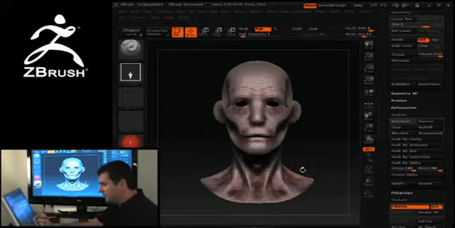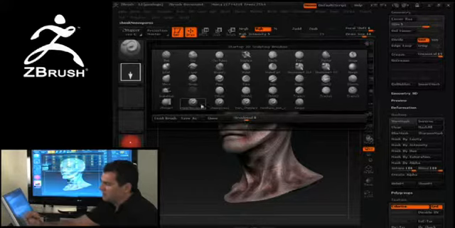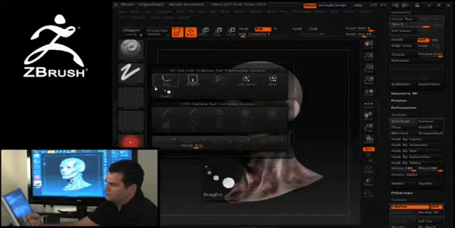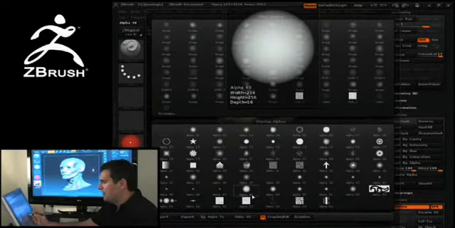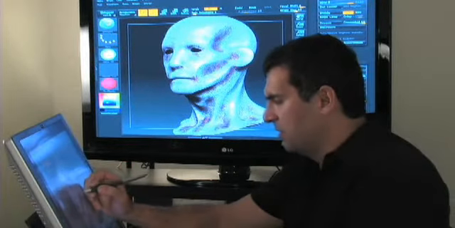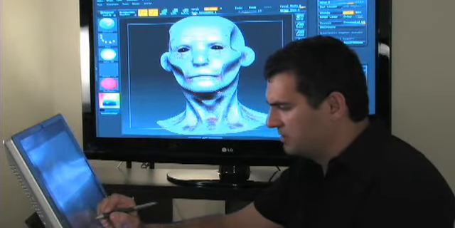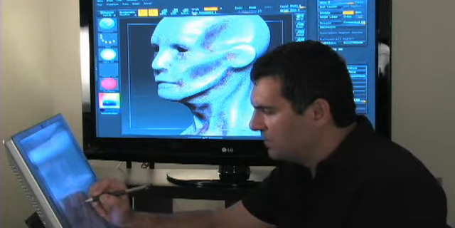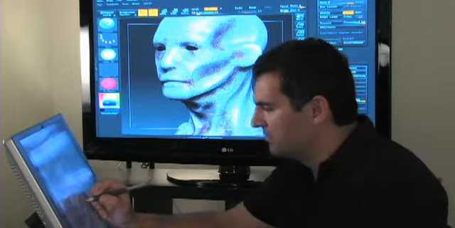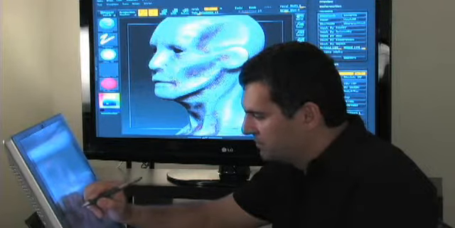So really fabulous. I can also go in and go back to, well, I've got my standard already, but I can go in and select, for instance, my freehand stroke or my dot stroke. Let's try the dots, and then select an alpha and be able to go in and paint things like veins. So I can select that color, and again, a very low RGB, and I'm going to turn, in this case, X symmetry off. And you can go in and quickly, and use a little bit more. Let's try 15. Let's see that. Just quickly